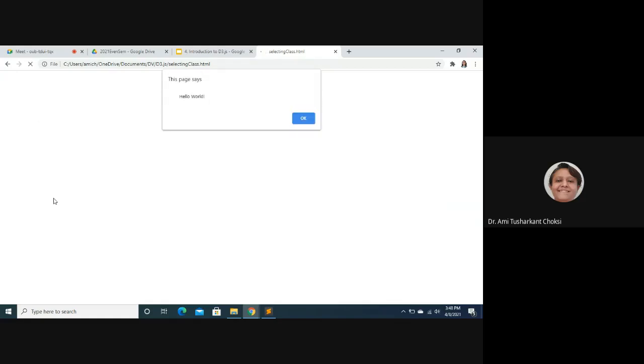So is it set in this file? No, it is not set in this file. It was showing the output of the other one, and first of all, it was giving us the alert. And the alert will not go away unless you press OK here. After you press OK, you are able to see the text hello world,